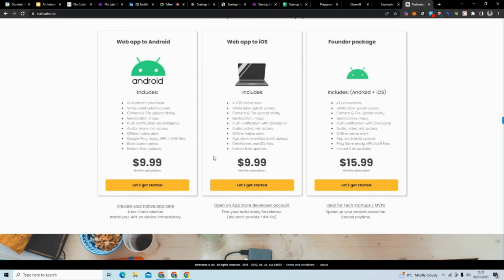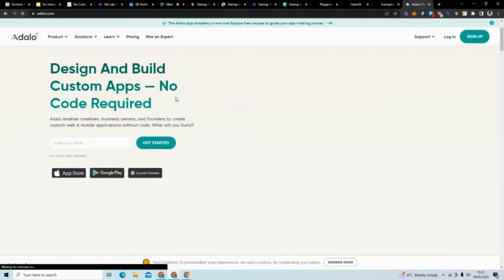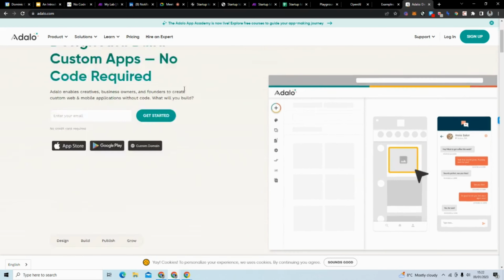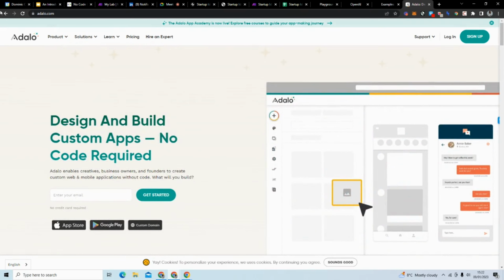So this is how you would do Glide specifically, and it gives you the build file that you would submit to the Google Play Store, or the Google Play console, or the App Store. But with other tools, you can actually deploy directly from that tool. So I often use Adalo. There are dating apps I made with Adalo that are in the Google Play Store now. They allow you to deploy directly to the Google Play Store and the App Store. You just have to share your keys. If I just show you what that looks like,